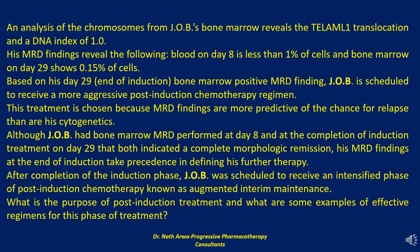0.15% of cells. Based on his day 29, end of induction, bone marrow positive minimal residual disease finding, JOB is scheduled to receive a more aggressive post-induction chemotherapy regimen. This treatment is chosen because minimal residual disease findings are more predictive of the chance for relapse than are his